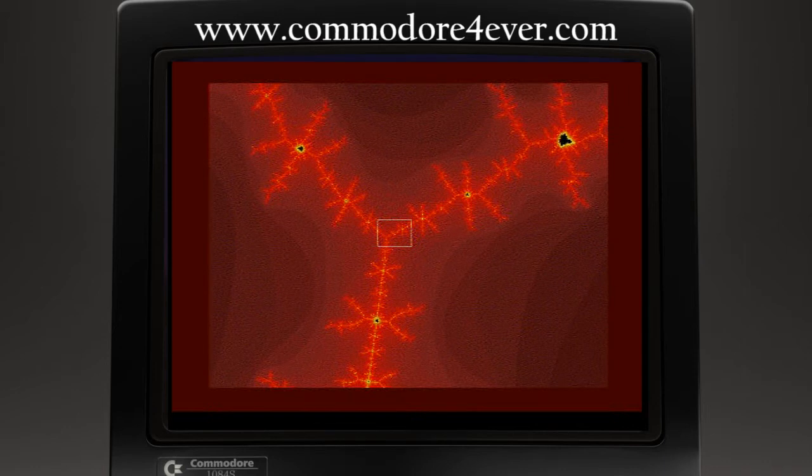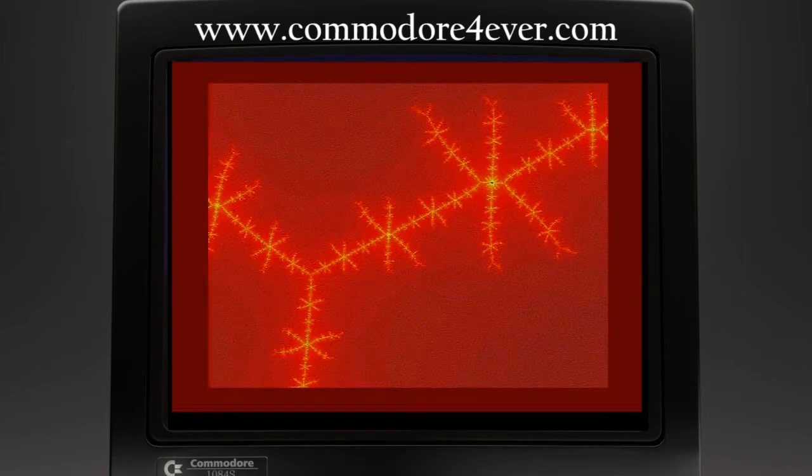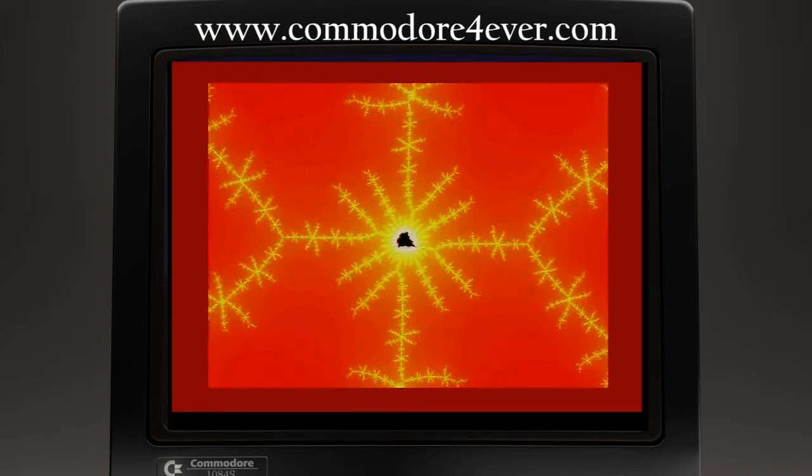We carry on and zoom into the center of the junction. Again, we see more miniature Mandelbrots, which, although tiny, are as complex as the entire set. Each of these small Mandelbrots is connected by thin filaments. Let's have a closer look at one of these miniatures. Note that this Mandelbrot is pointing in a different direction to the main set. In again, deeper and deeper to view the heart of this Mandelbrot.